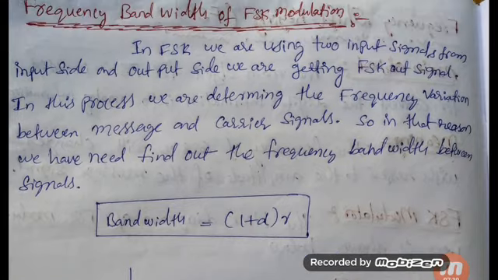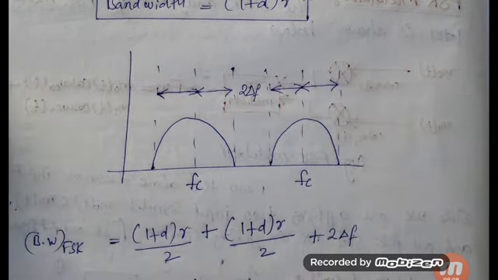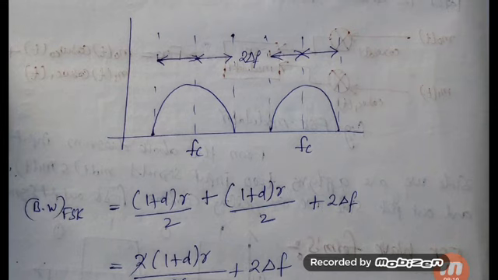So this is the working operation of determining the bandwidth of frequency shift keying. By using frequency shift keying, we are calculating the different frequency levels. Why? Because